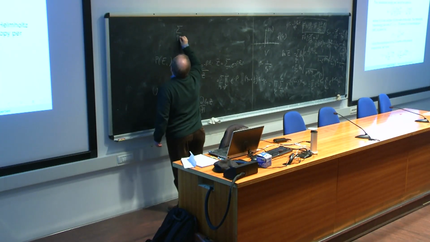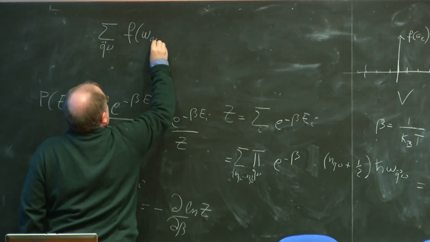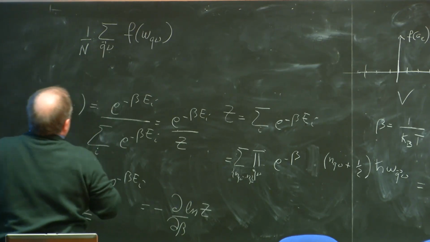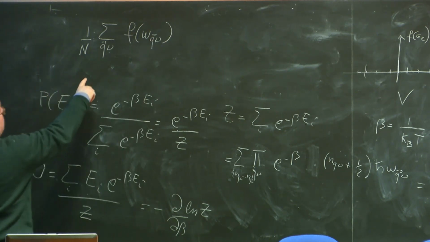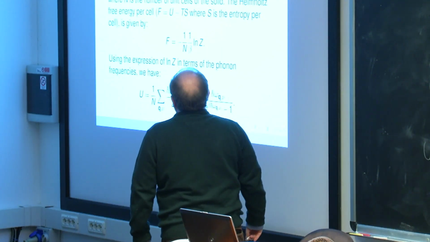Sum over q and nu of some function of omega of q and nu, and 1 divided by the number of cells. So we can calculate like this, simply by calculating a very thick mesh of Q points and frequencies in reciprocal space, interpolating the dynamical matrix on all this mesh of Q points, diagonalizing, and obtaining the frequencies in this thick mesh, and then doing the sum. We are doing these